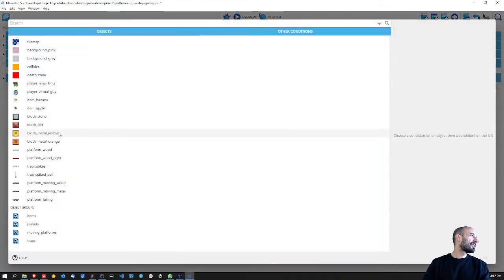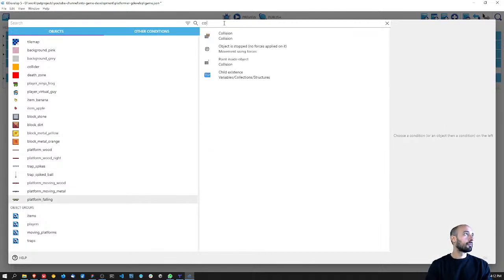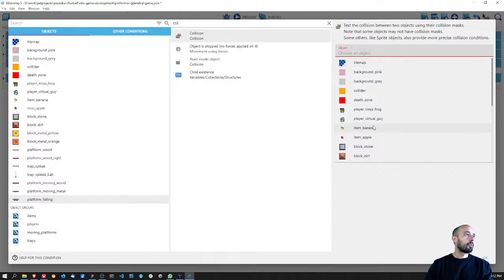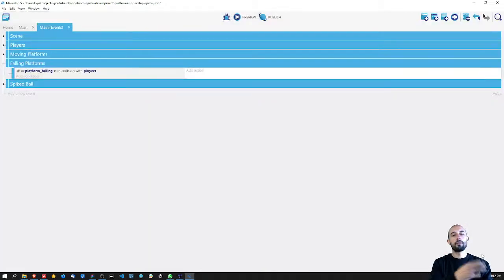So first we need to detect the collision with the player. So collision with, and now I can detect with the players. We know that the only player that's going to be able to interact with the platform is the virtual guy, but either way, this is a more flexible way. So if you want to reuse this falling platform in another place in the level, it's going to work for both players. So when the platform falling is in collision with players,